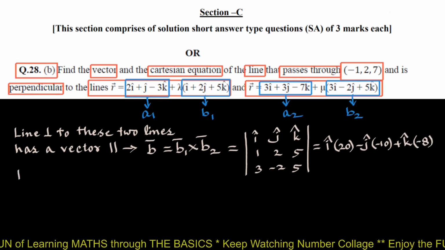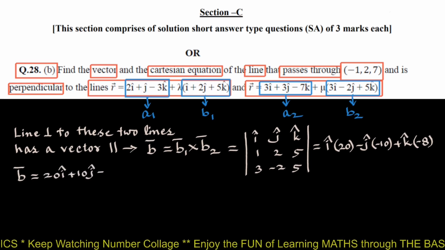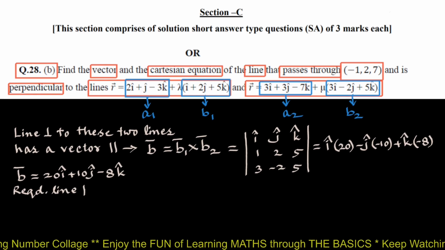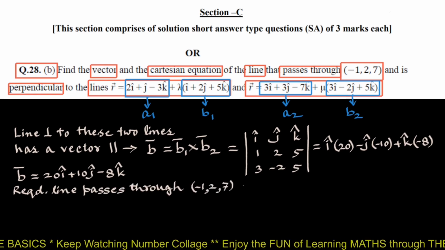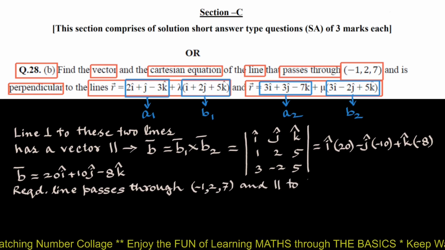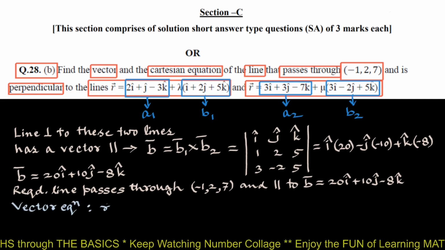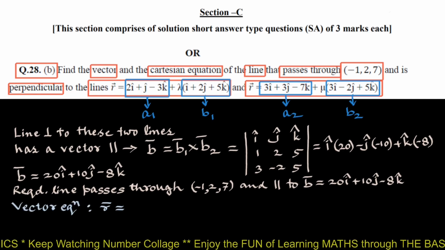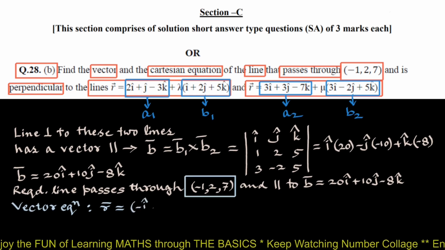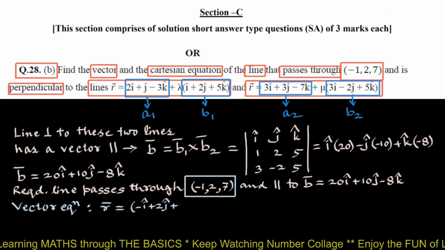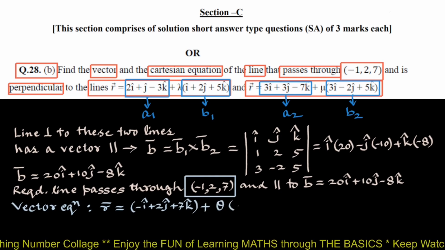So B bar will be 20 i cap plus 10 j cap minus 8 k cap. Now the required line passes through point (-1, 2, 7) and is parallel to vector B bar. So its vector equation will be r bar equals, from this point we will write vector A bar, which will be minus i cap plus 2 j cap plus 7 k cap plus some constant theta times B bar, 20